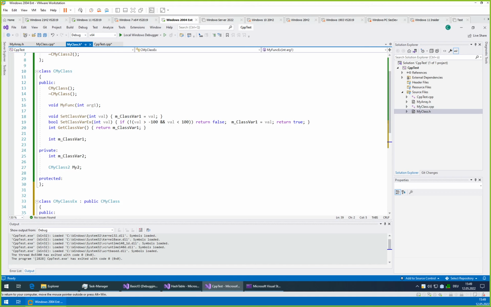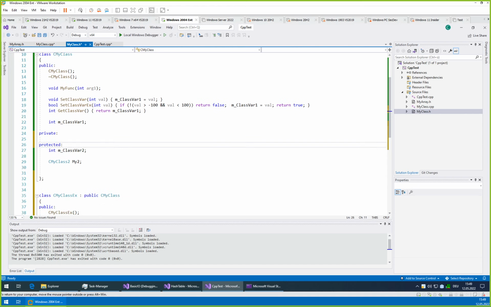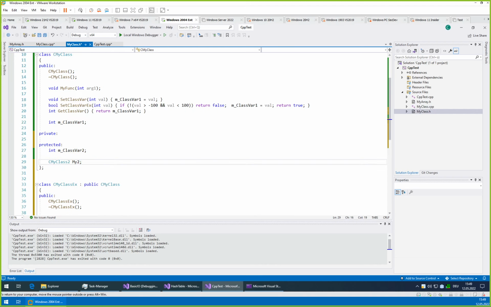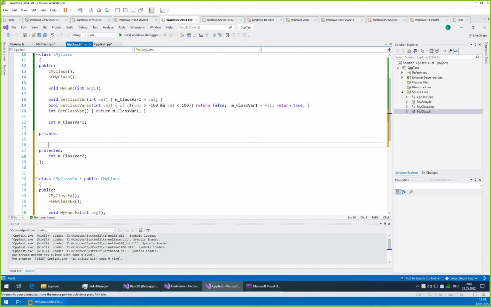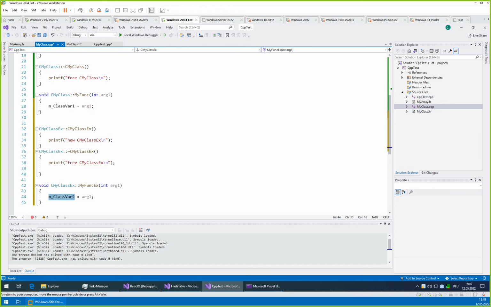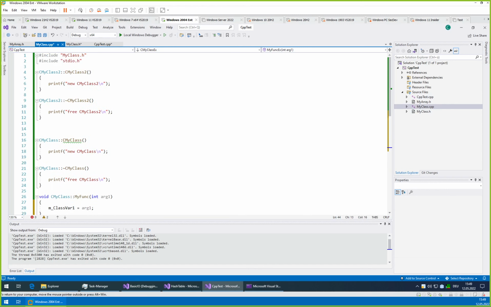If we put something as private, even a derived class cannot access it, but if we put it as protected, then derived classes will in fact be able to access the variable. So now when we check, we can access it. I mean, we could leave this one here as protected.